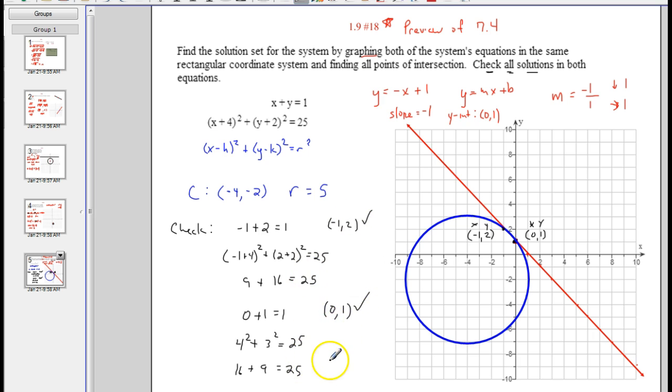Negative 1, 2 works. So the solution set here, I have the little set brackets, is 0, 1, comma, negative 1, 2. And you don't have to put them in any particular order, just as long as they're both in there. Okay, you do have to put the points in a particular order, but I could have had the negative 1, 2 in front and the 0, 1 in the back. But as long as you have both those points,